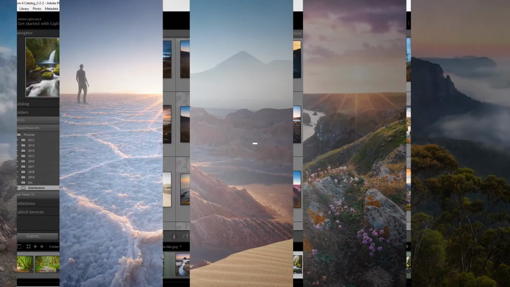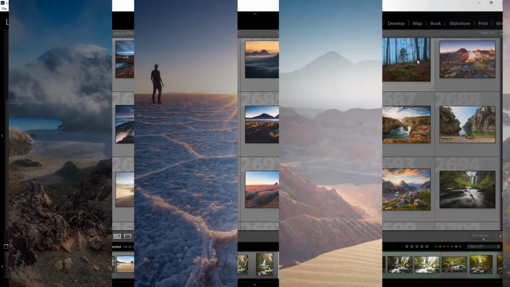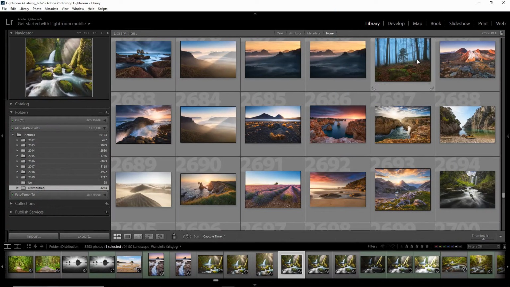Hello and welcome to a little tutorial in which I'll talk about how I organize and back up my photos, which I think is a very important topic. So let's start right away with my folder structure, because I think it's important to keep a good overview about